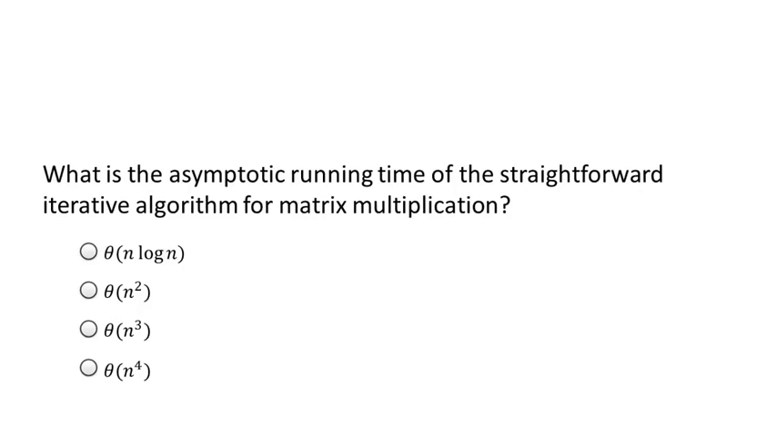So the correct response to this quiz is the third answer, that the running time of the straightforward iterative algorithm is cubic in the matrix dimension n. To see this, just recall the definition of matrix multiplication. The definition tells us that each entry zij of the output matrix Z is defined as the sum from k equals 1 to n of xik times ykj. That is the dot product of the ith row of the X matrix and the jth column of the Y